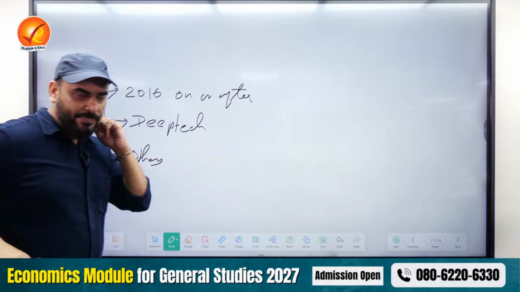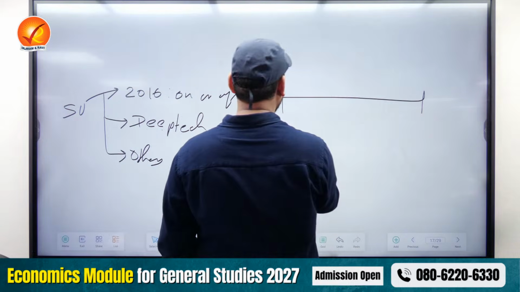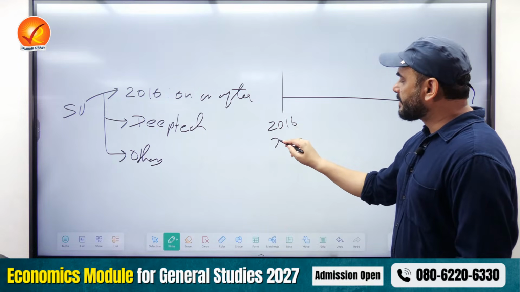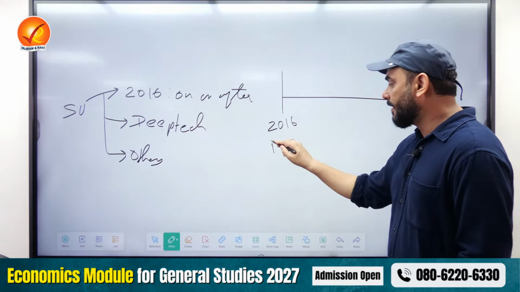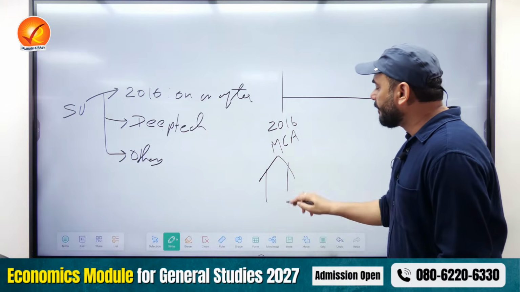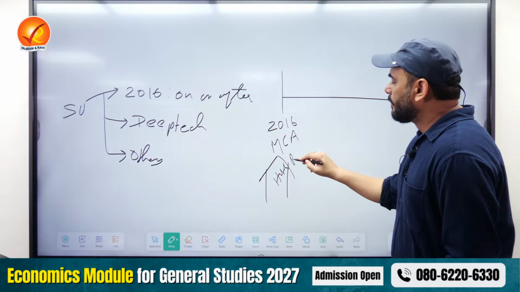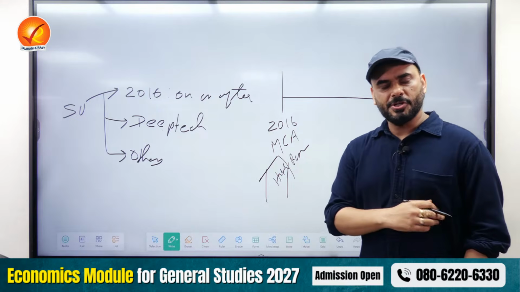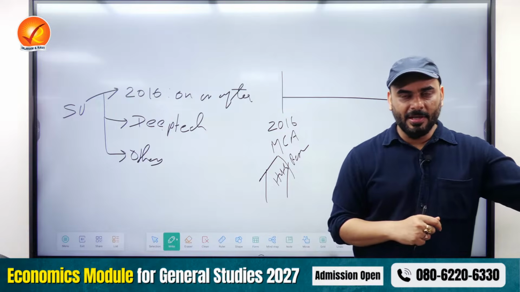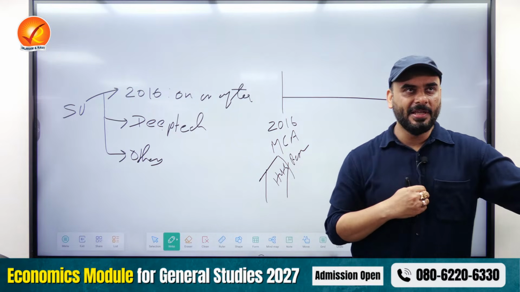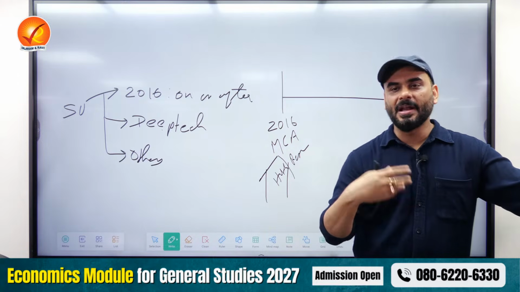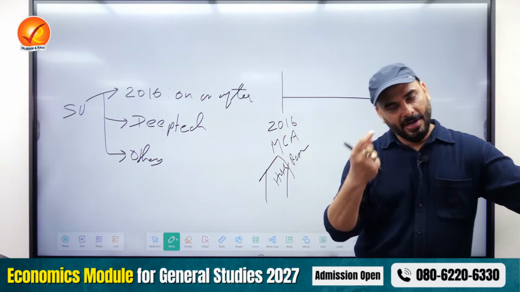So, bacho, imagine that there is a company which was established in, let's say, 2016. The moment you establish a company, you register your company with the Ministry of Corporate Affairs. Now, what is this company doing? This is a company which is into some high-tech research, very deeply into research, spends a lot of money. The government of India told this company that, see, currently you are spending your money, but in future, if you ever need my help, please come to me. I will give you a certificate of startup, and I'm going to provide you some financial assistance and some other help. If you ever need help, come back to me.